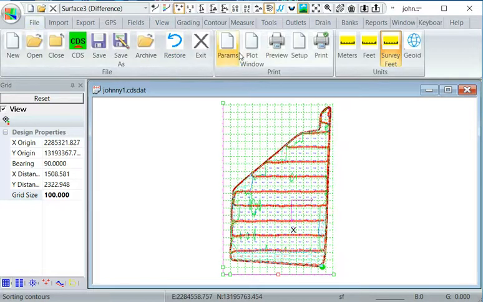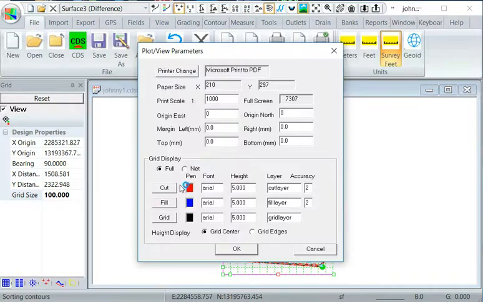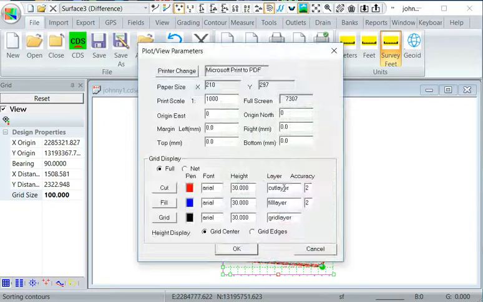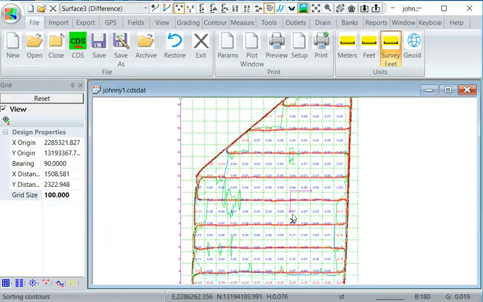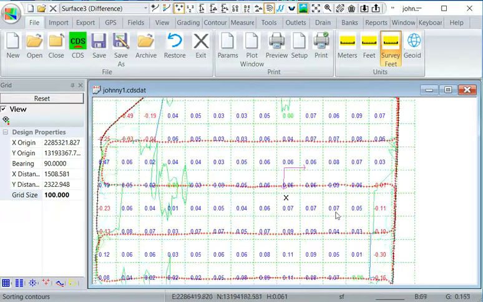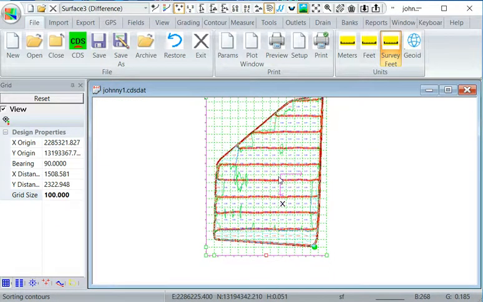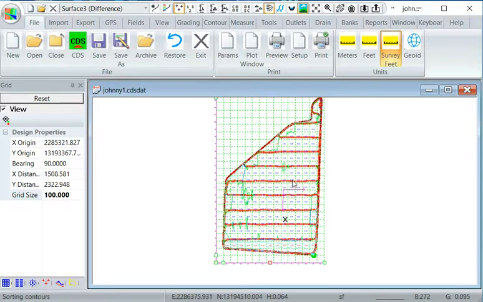Now they're a bit small to see. Click on the file menu under parameters. It's all in here. I don't know whether it's the best spot for it or not, but this is where it is. So instead of putting 5, let's put 30. Okay. You can just do the net. So there's a cut sheet. If you want a hard copy,